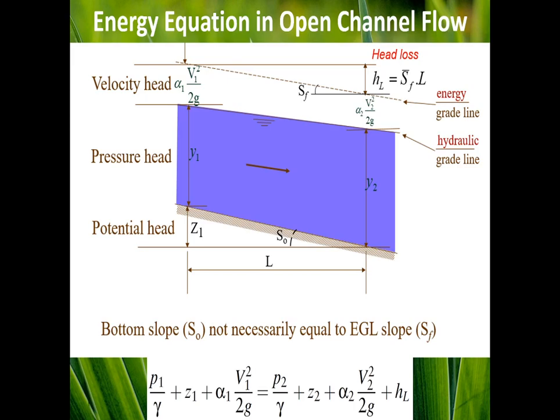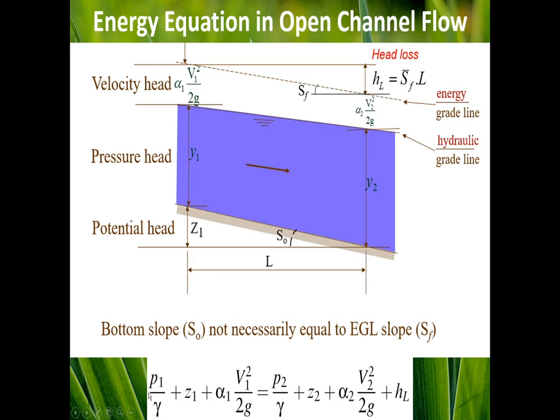Here you see energy equation for open channel flow. This is similar to the energy equation in pipelines that we already studied in fluid mechanics. From there, you remember we had such a formula, which is the Bernoulli equation plus the term of the loss of energy. However, you might not be familiar with the coefficient of alpha here that I will explain now. You remember Z1 was our potential head or the height of the point from the reference line.